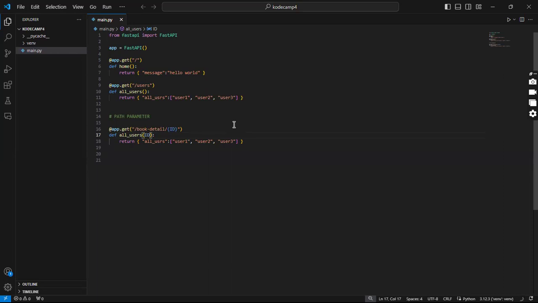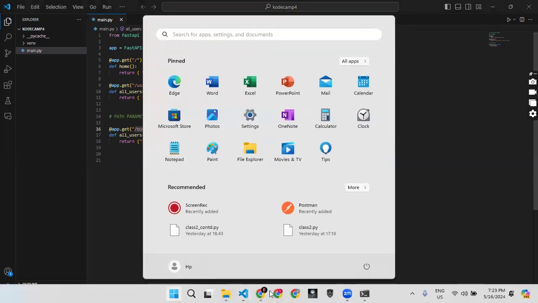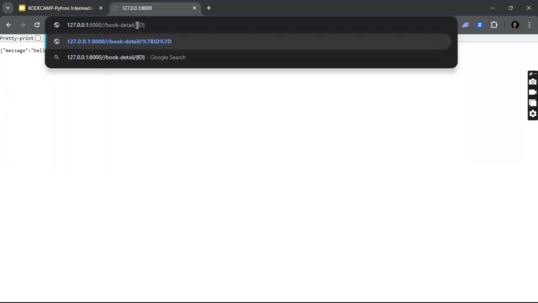Okay, so now if we go back, for now I will simply return the ID, whatever the user has typed in there. So in this case, I will return ID being ID, a value that is being passed to our function. So we'll go to our URL and let us try this out. I'll copy this, go back to our browser, and we'll put this here, and then I'll basically just type anything like ABC, and then